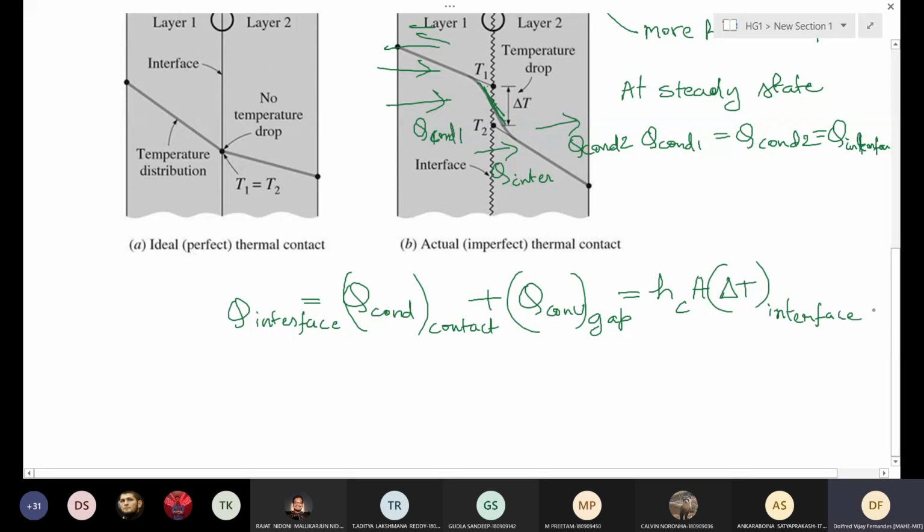Okay, using Newton's law of cooling, we can write Q interface as h_c A delta T interface, where h_c is the